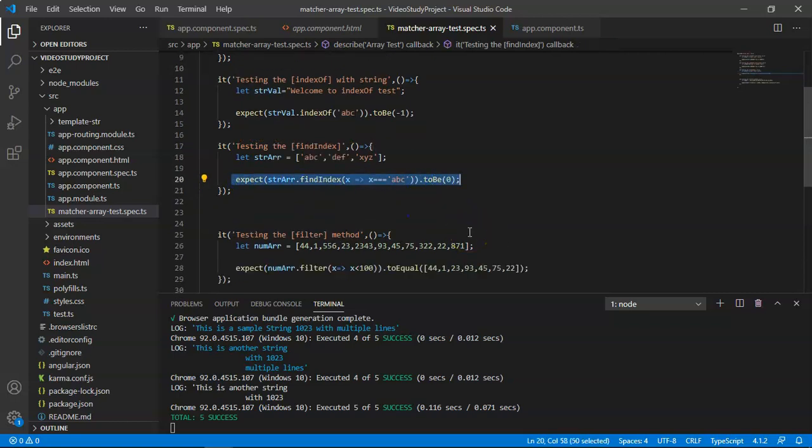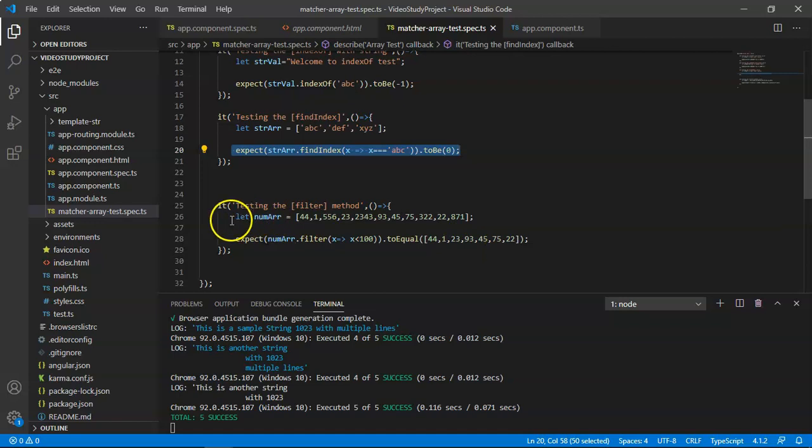Then comes the filter function. In this one I have created a numeric array and I'm going to expect numericArray.filter. The filter method returns an array of filtered elements. In this case I am again using an arrow function that will help me identify all those elements that are less than 100.